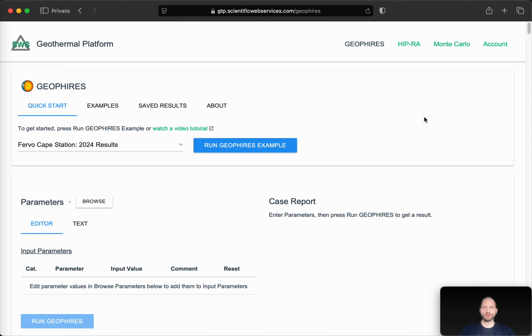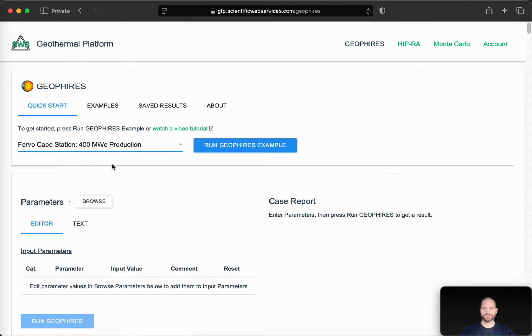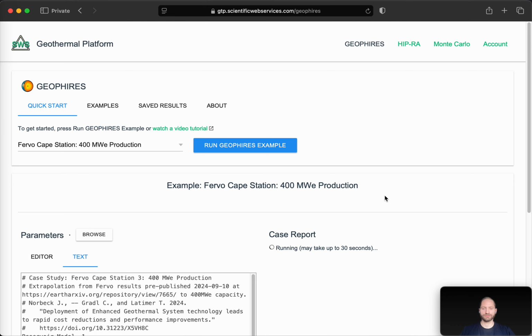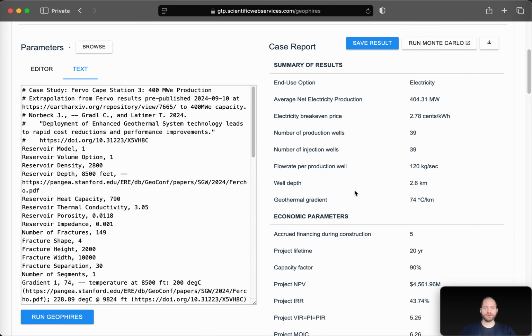And let's say that we're interested in doing sensitivity testing on electricity sale price on the Fervo Cape Station 400 megawatt production example. So I can select that example here, press Run GeoFires Example, and then I will get my parameters and case report. So looking at this, we can see that we have an electricity break-even price of 2.78